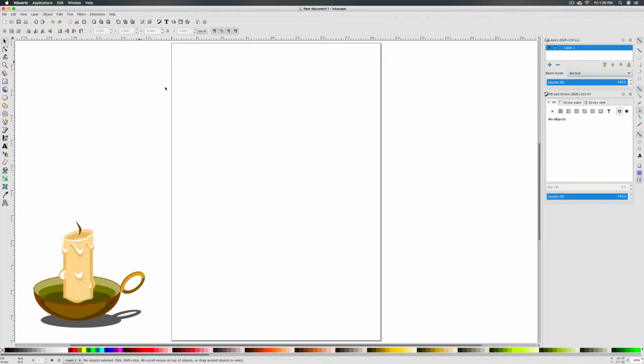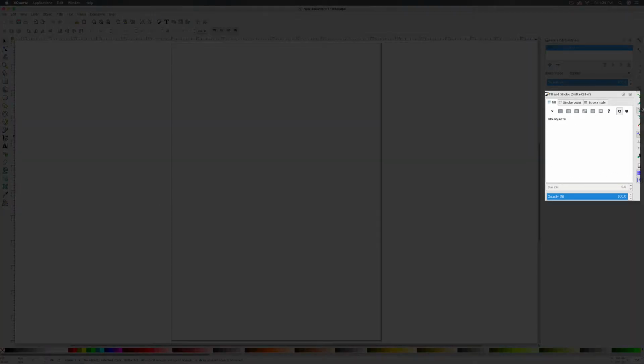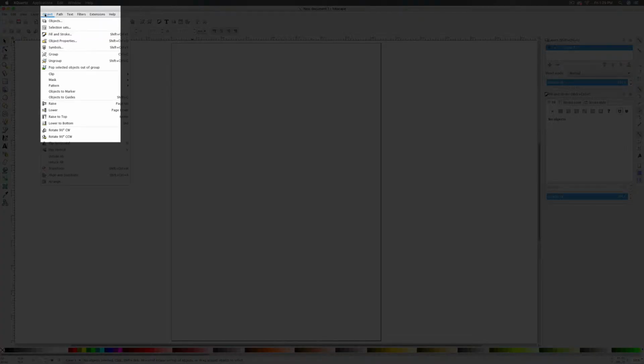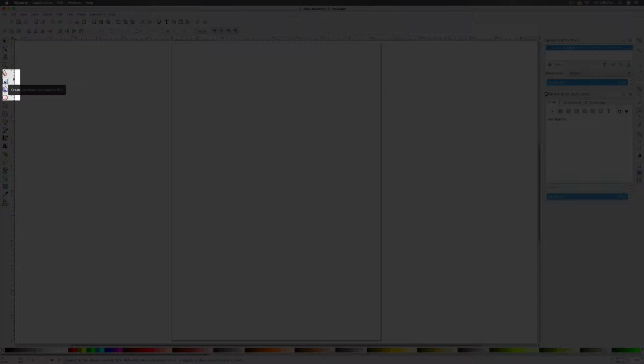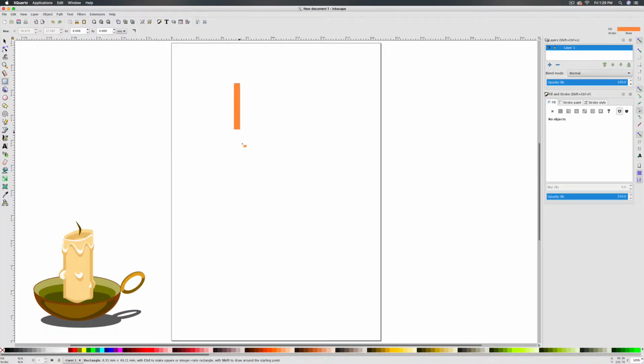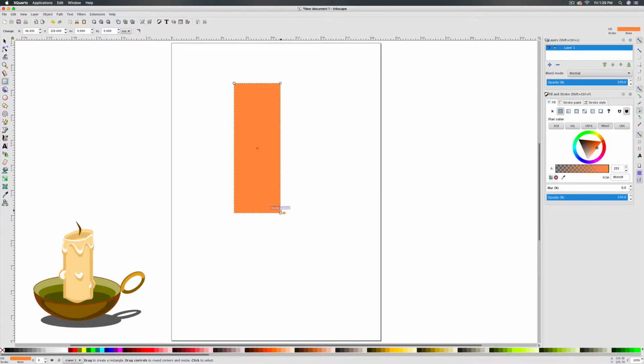Next, we need to be sure that we have the Fill and Stroke panel open. Mine is already open over here. If you do not see the Fill and Stroke panel, go to Object and then select Fill and Stroke. The first thing that we're going to do is use our rectangle tool found here on the left-hand side, and we are going to pull out a rectangle for the shape or body of our candle